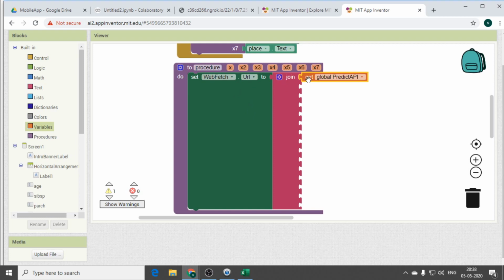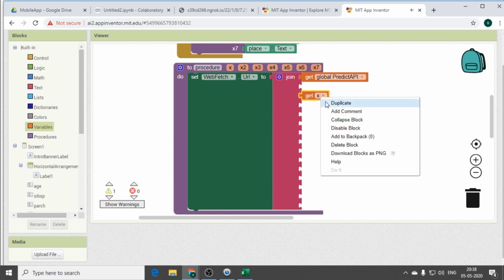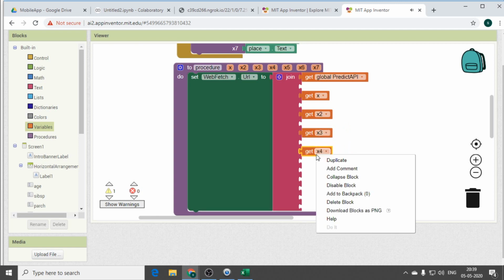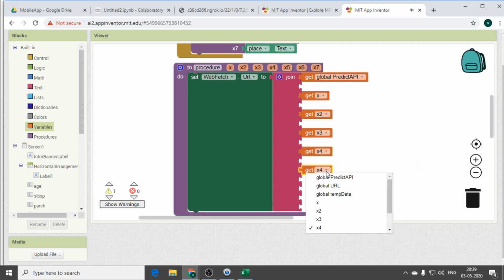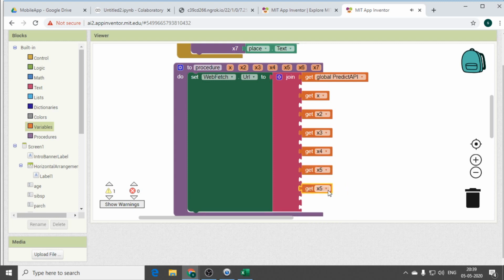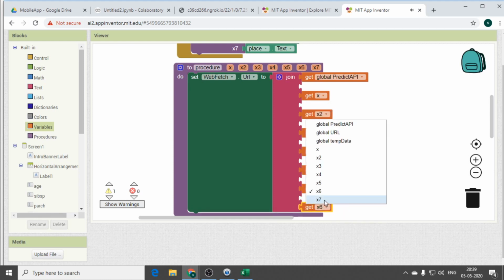You can click on duplicates, drag and drop the individual one, X, create duplicate, right click it, you get duplicate, X2. In the middle you will be having slashes, right? So I don't want those slashes. X3, duplicate, X4, create duplicate. You create them alternatively, because in the middle you will be having slashes. I don't give slashes over there. That is the reason I gave 15 strings. It will exactly fit according to the data.